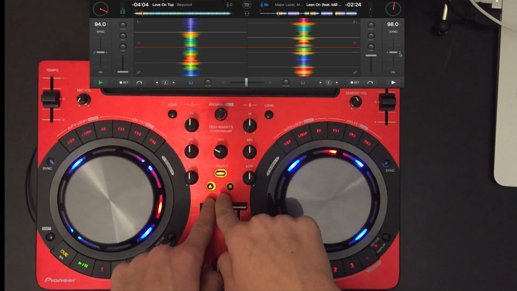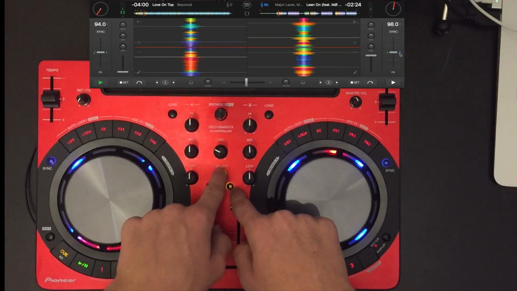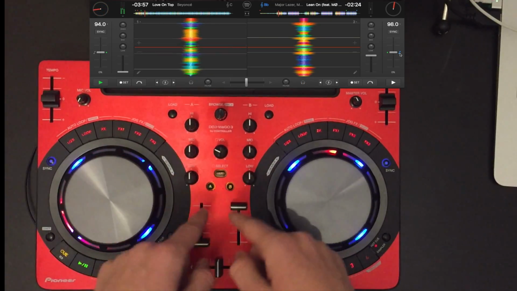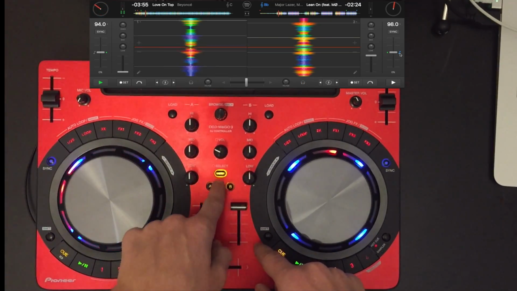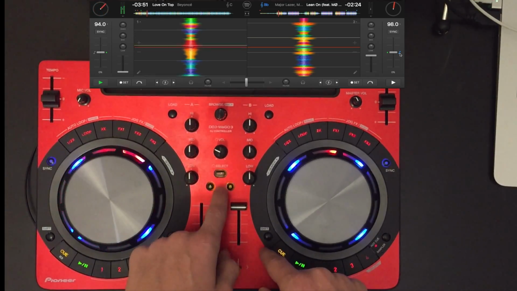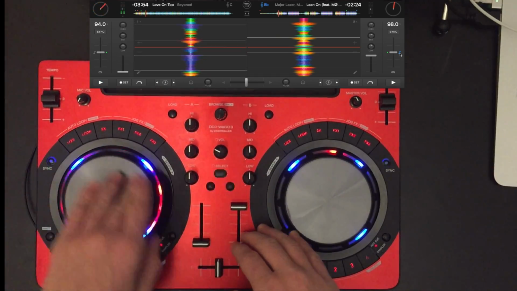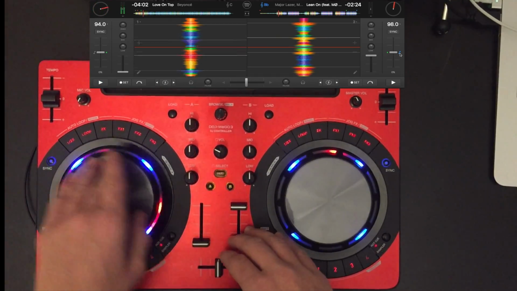So I get a master and deck A. I get deck A and B at the same time. I get a master and B at the same time. It just depends on what you want to do. So you just select it. When it's highlighted, you're hearing it through the headphones. When it's not, you're not hearing it through the headphones. Pretty simple. So I'm going to listen to this song through the headphones, and I can choose a cue point